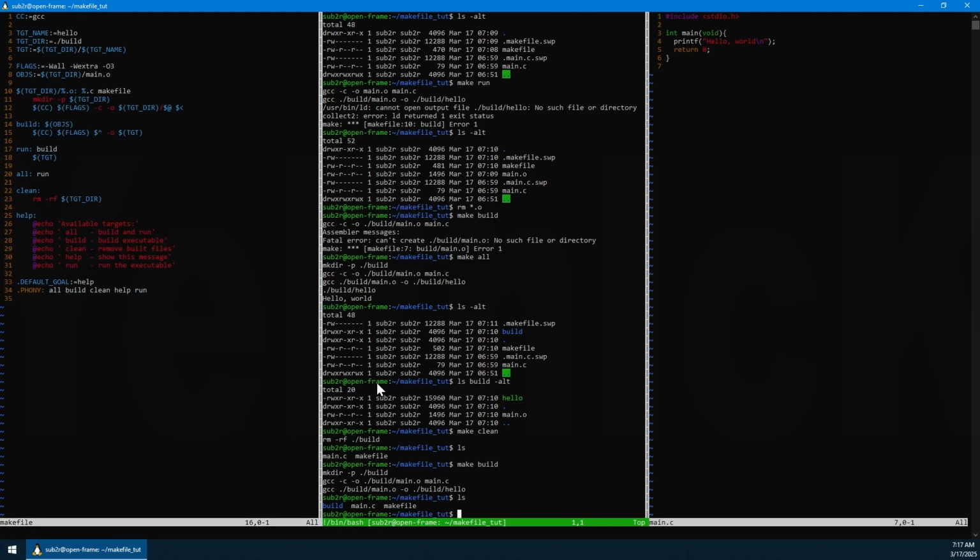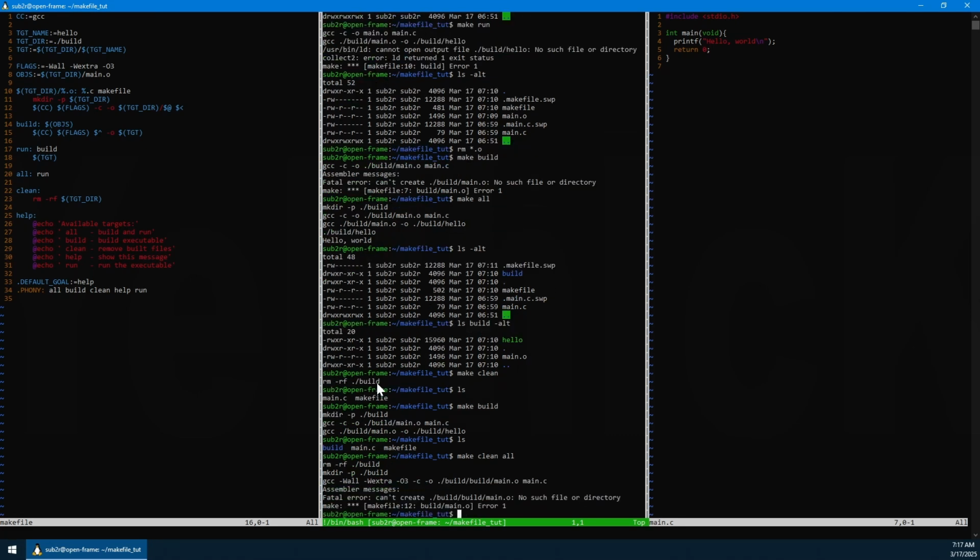Let's see what we have so far. So make clean and then we do all. This is what you can do with make. You can specify multiple targets one after another, which will be executed in a sequence. So it will first do the clean and then it will run the all. What we have now is that the build main, no such file or directory. That is correct, because